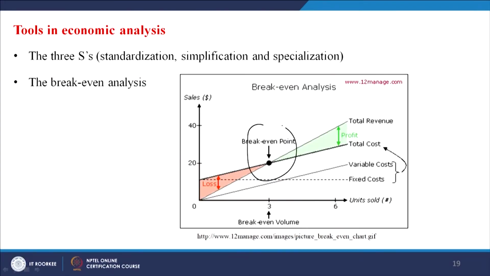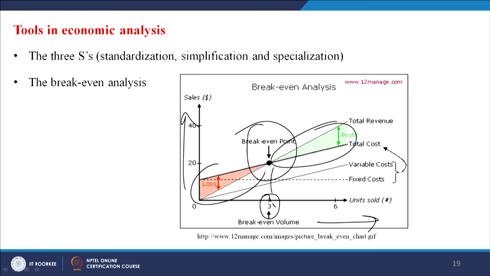Then one of the examples is the break even point. All of you know this is a break even point that is mentioned here. On the y axis we have sales, on the x axis we have the volume. So we try to find out what is the break even volume at which we will start making profit. The green portion is showing the profit, the red portion is showing the loss, and it is also plotted with the fixed cost, variable cost, total revenue and the total cost. So we are not going to go into the details of break even analysis, which is a common topic taught in almost all industrial engineering and production engineering courses.